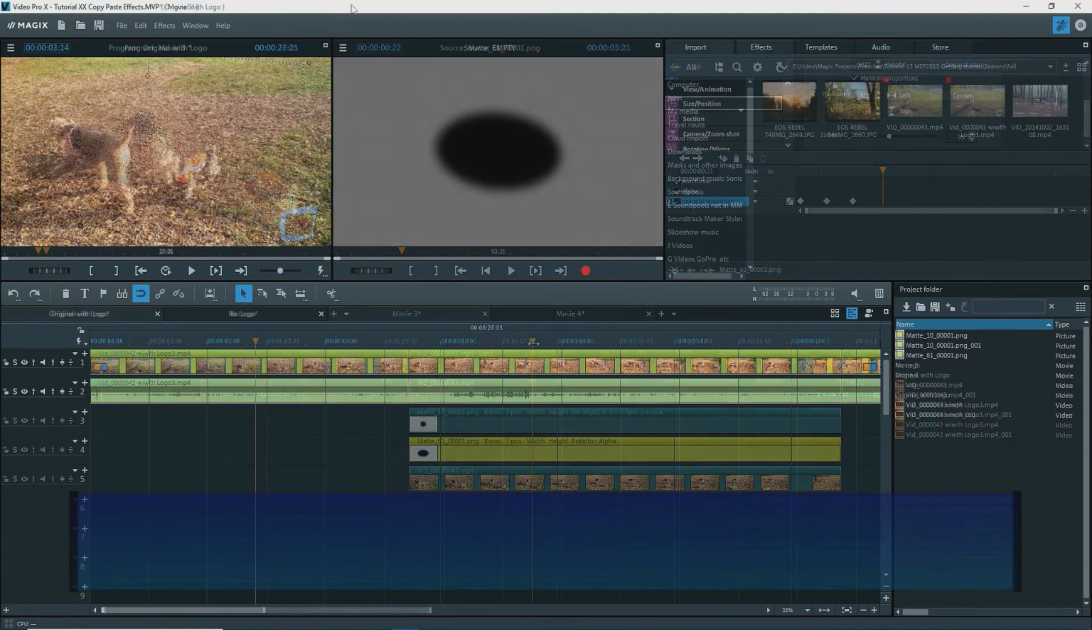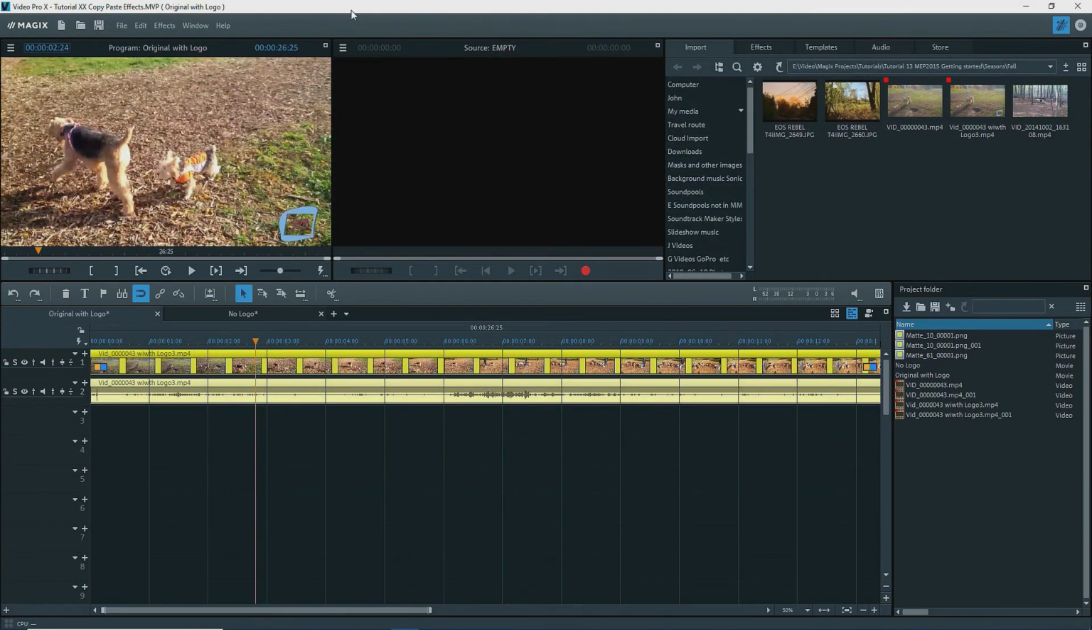Let's get started. I'm using Magix Video Pro X11, but everything that I show also applies to Movie Edit Pro. First, I'll replicate what the Magix user had on his timeline. I have a video on track 1 that has a logo at the bottom right. I want to apply a mask effect to the little dog to blur it out, something like blurring out someone's